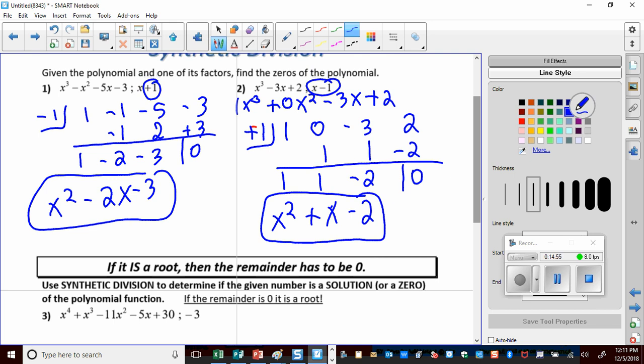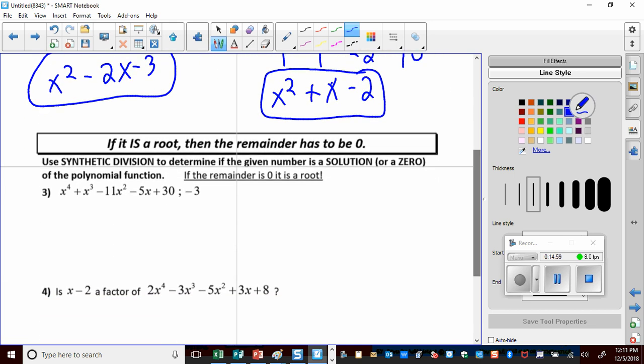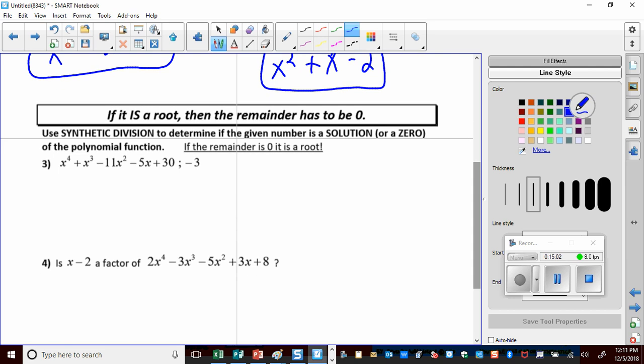Okay? So if this is a root, the remainder has to be 0. So basically, when you're using synthetic division to determine if the given number is a solution or 0, if the remainder is 0, it is a root. It does cross the x-axis at that point. So, what does that mean? Well, let's go ahead and